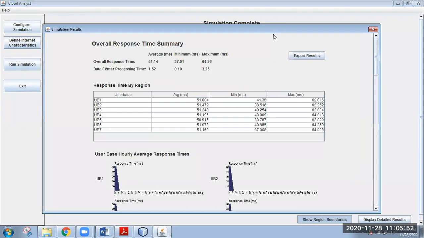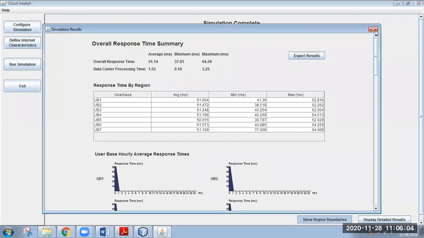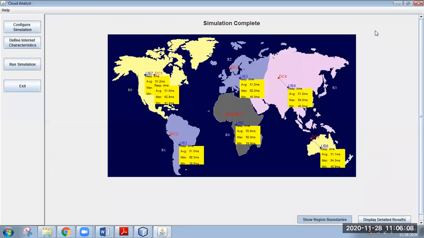Now it is completed. So one report is generated. Here you can see the display detailed results option. If you click that, you can see the simulation results here, right? Before going to the discussion on these results, you can see UB1 is assigned to data center 1. Another user base is also assigned to data center 1.